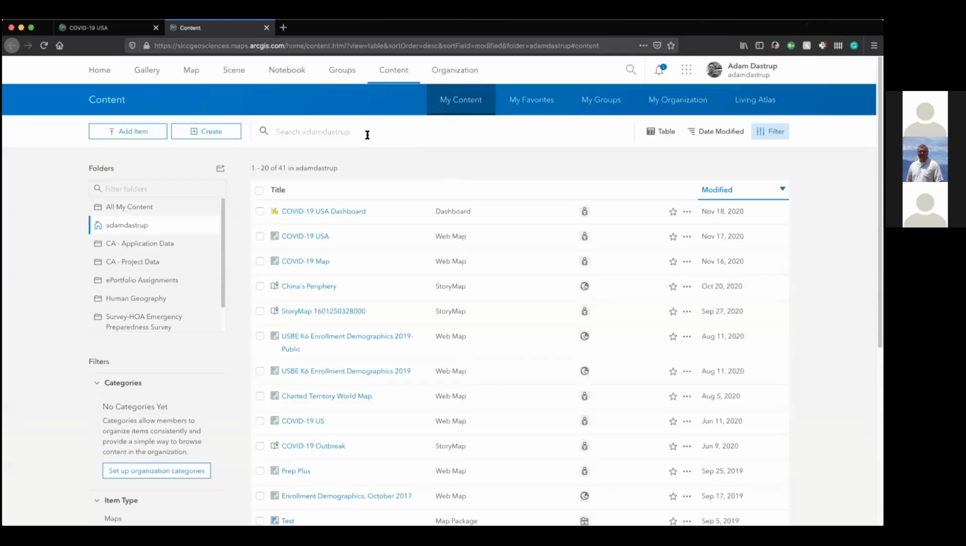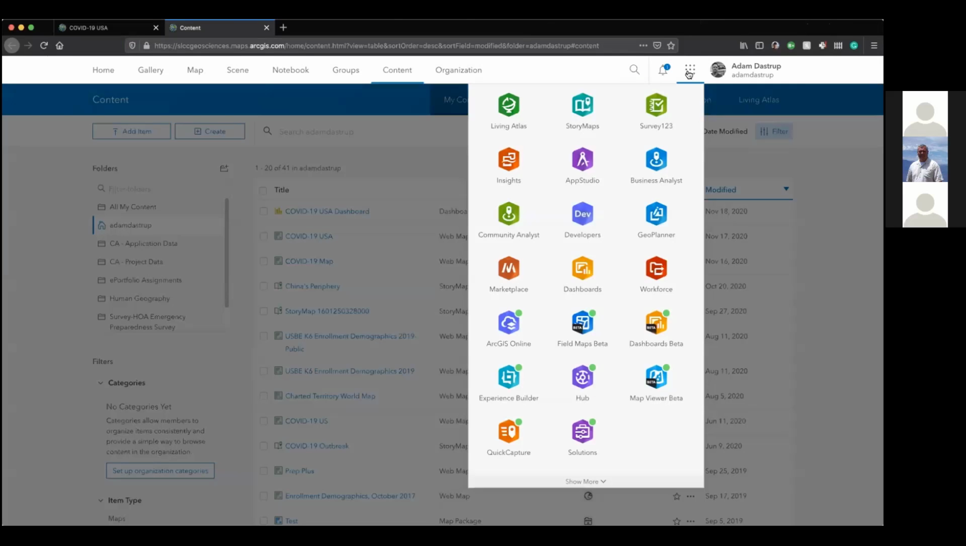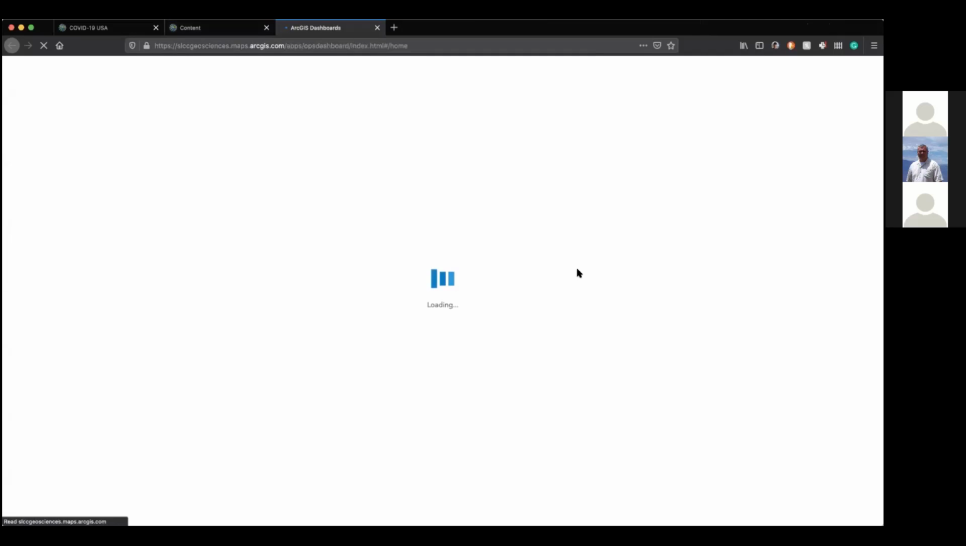Okay, so now you got to go to your dashboard. So you log back into your ArcGIS Online organization account, and you're going to go over to these dots over here, and you're going to click on that, and you're going to choose your dashboard, or whatever you want to do, but obviously for today, the dashboard. So you click on the dashboard,